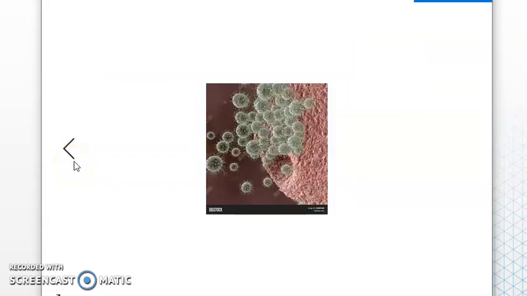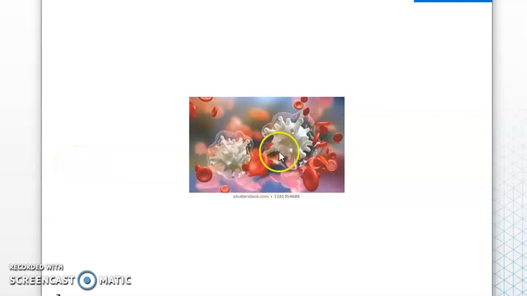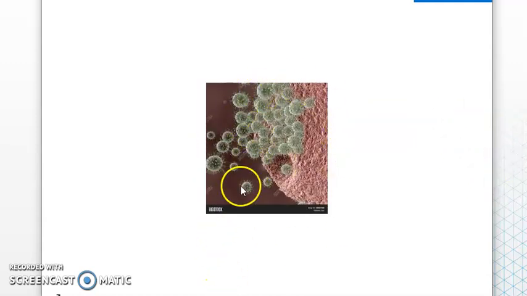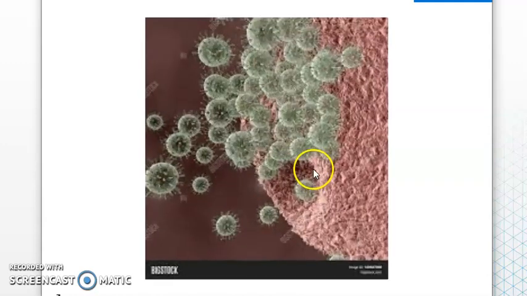So when the virus enters the body, these are different shapes of the viruses. These are a type of virus. This virus has a shape near to the coronavirus. This is another type of virus attacking the cell from outside. Oh, this one is leaving the cell by exocytosis. See here, these viruses are coming out from the cell by exocytosis. In the beginning, only one virus entered the cell, started to reproduce inside, and then it again leaves the cell by exocytosis. When leaving the cell by exocytosis, it doesn't mean the cell is still healthy.